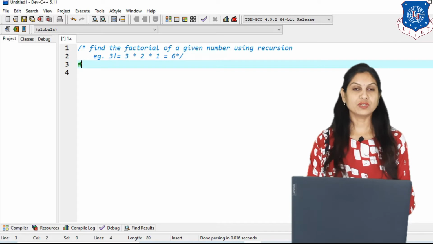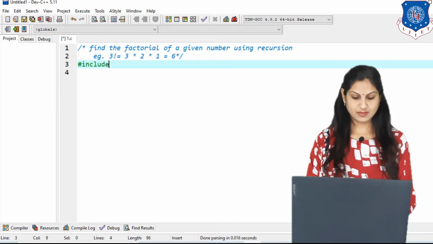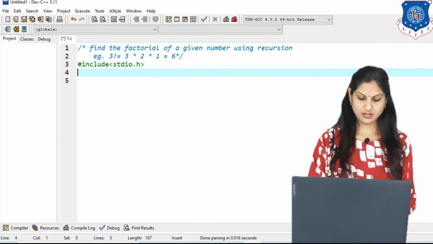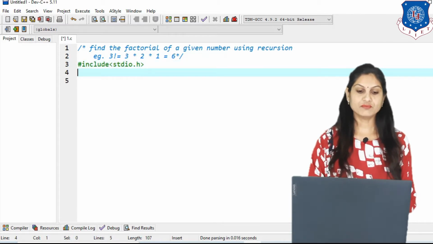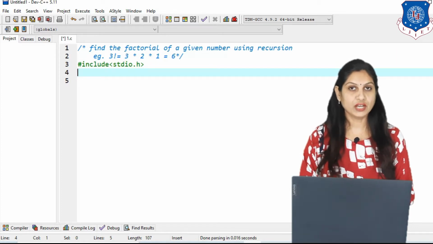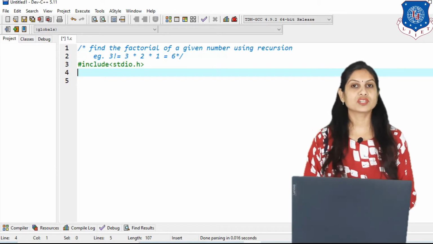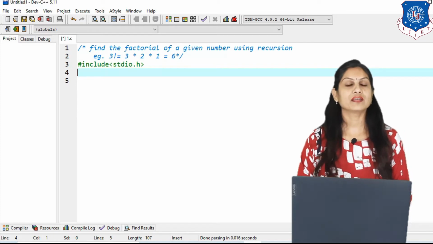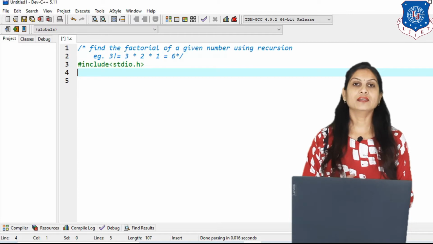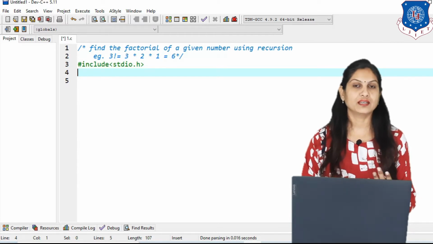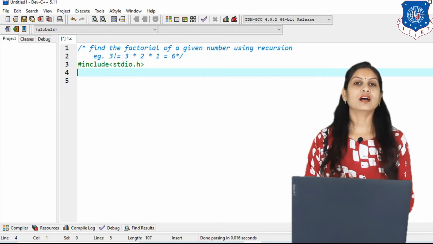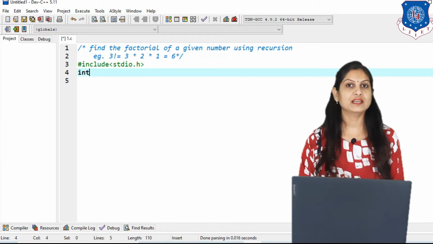So first we have to include the header file. So here I am writing #include and then stdio.h. Then after that, in recursion we have to use the concept of functions, and the 3 elements of functions we need. So the first element, before the void main, we are writing the function declaration, and here I am considering the 4th category, meaning function with return and with arguments, and the answer of factorial is obviously an integer.